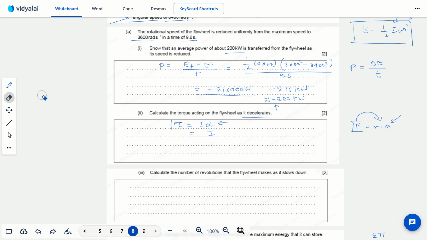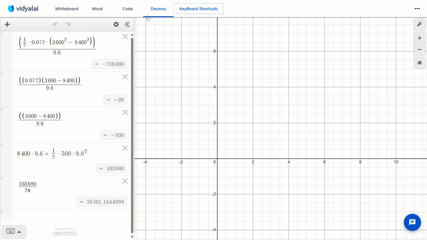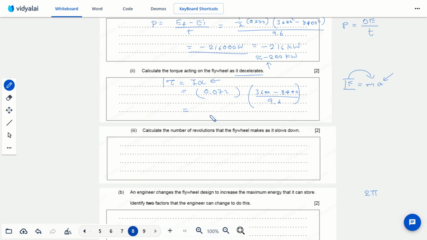I is already known, it's 0.072, and angular acceleration can be calculated by finding out the rate at which the angular velocity is changing. So to do that, we take the difference between the final and initial values of angular velocity, then divide that with the time in which the angular velocity changed. So I have done this as well. So the value would come out to be minus 36